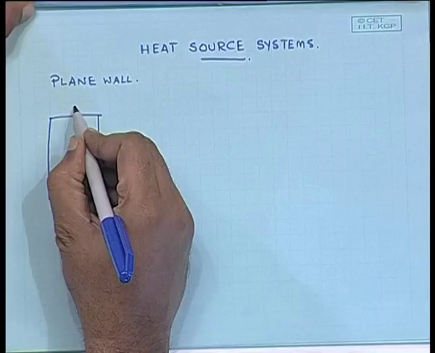Now, what kind of boundary conditions can one get? We may have a symmetric system, with both boundaries exposed to the same environment. If you have a plane wall with both boundaries subjected to the same conditions, convective conditions, let us say, which boundary condition can I use? A constant heat generation, q dot in watt per meter cube, heat per unit volume, let us say it is being generated inside. Let us refer to this one.